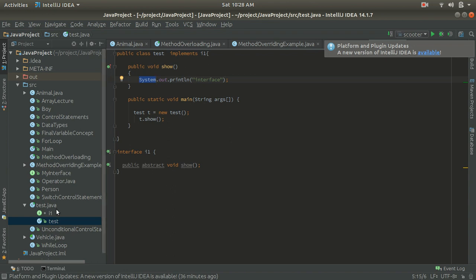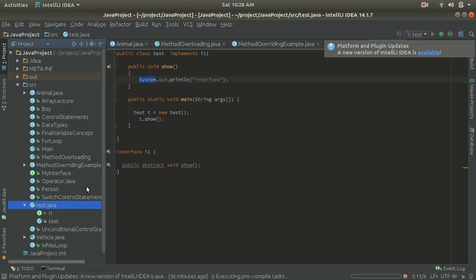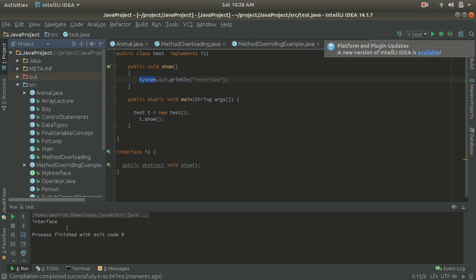So let's run it and see the output of this program. We can run this Test class and see the output. Here you can see that we got the output: interface.